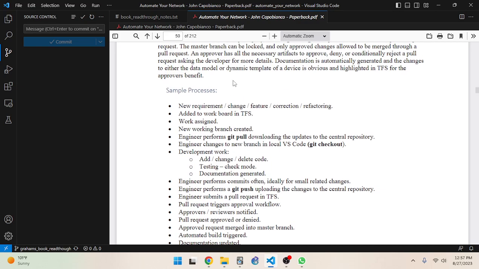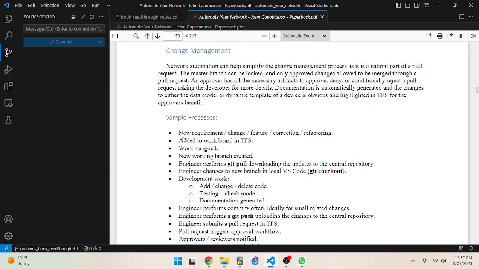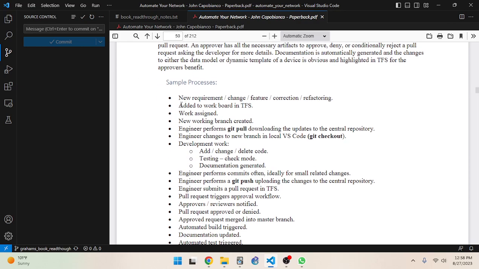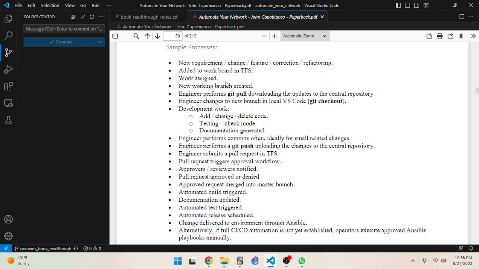So sample processes of change management are for a new requirement, a change, a feature, or correction, or refactoring. It would be added to the work board in TFS. The work would then be assigned. A new working branch would be created. The engineer would perform git pull, downloading the updates to the central repository.